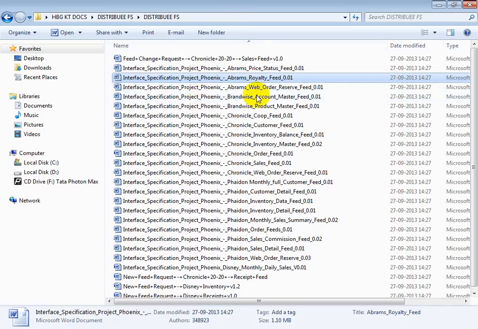Vandana, can you just open the list of distributed interfaces? Under Abraham's, you have price status, royalty, and web order reserve, right? Yeah, all three are done. Okay. Next, we'll start with